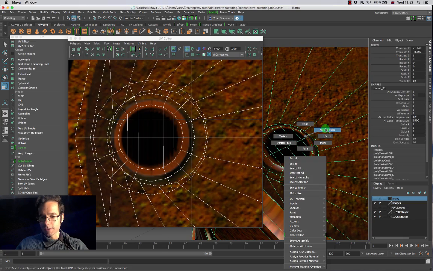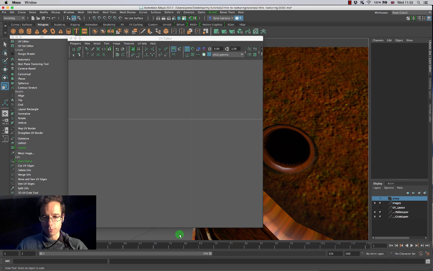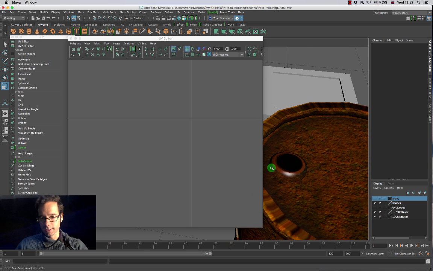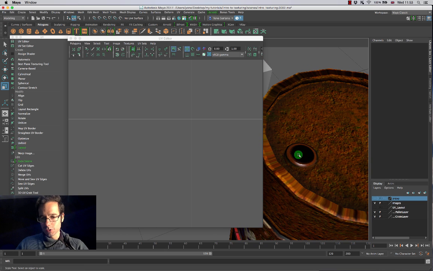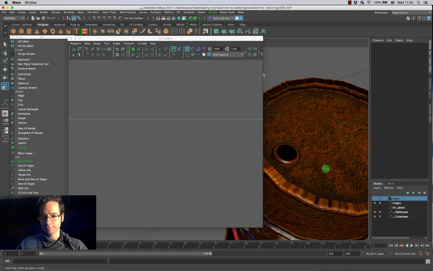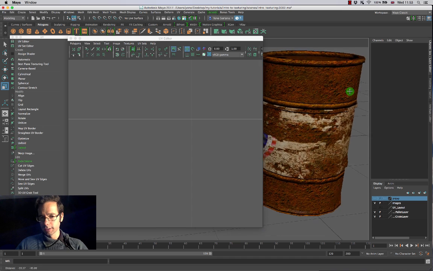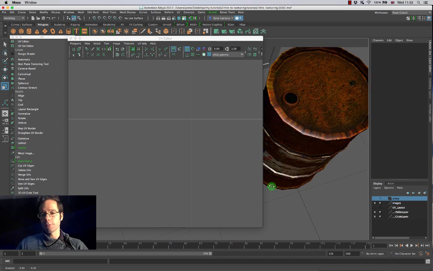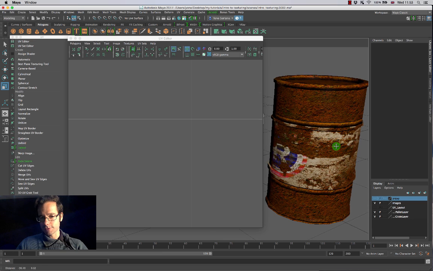look over here. Again, sometimes we just have to turn back to object mode, click off the object, and have a look to see if that actually looks like a cap that exists there. And as soon as we add some lighting and some shading, that is going to look great. So really cool. I've got some other little problems over here. There's some stretching up here, but I will fix that last if we have some time for it as